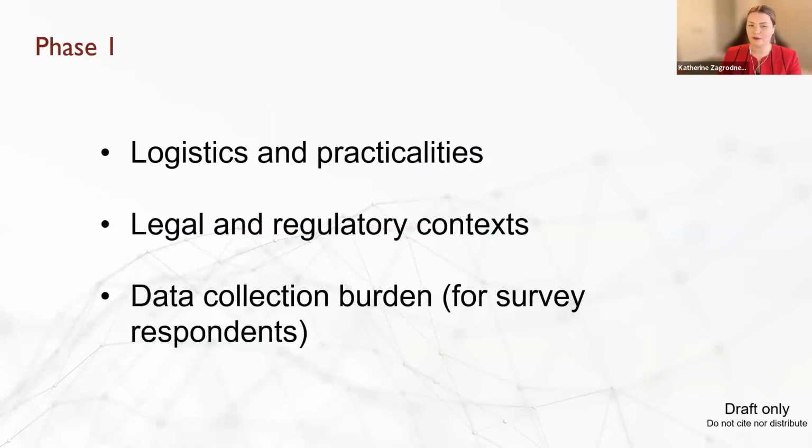Although not originally part of the formal plan for this phase, organically, phase 1 led to the development of a set of principles which our team used throughout the next stages to determine whether a data element should be included in the minimum data standard. We discussed the logistics, practicalities of collecting information on this data element, legal and regulatory contexts, and data collection burden. For instance, for data collection burden, the degree of respondent burden expected for a given data element was noted in relation to whether that could be collected once given data linkages available. For example, date of birth was deemed as a low burden data element. You could collect it once and you don't need to ask about it again if given proper data linkages.